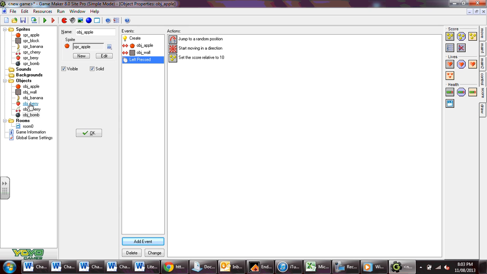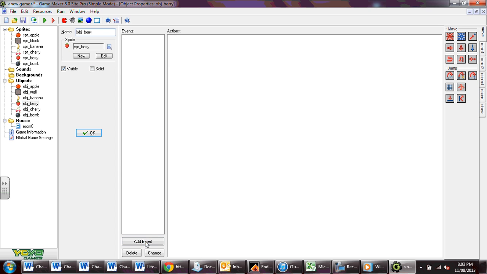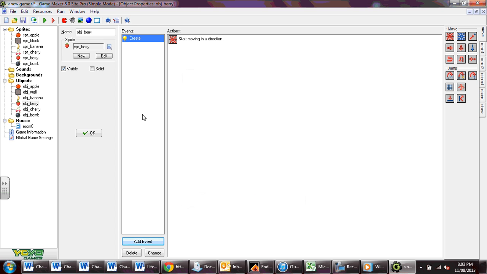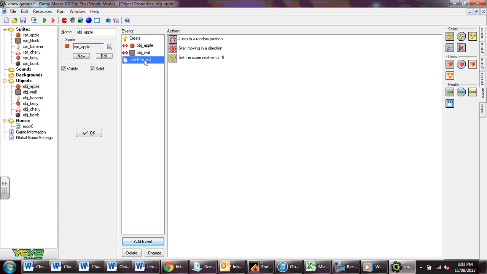Now, the strawberry, so it's that event, create, move. So now our apple was going at 5, so I'll make this one 6. So it's just that little bit faster. Second apple, we just go and have a look at what we did. We say collide with ball, bounce, collide with apple, bounce. Oh. So while we're here,